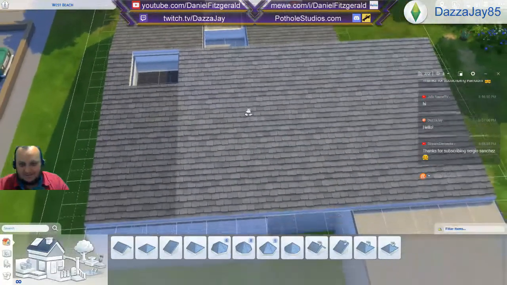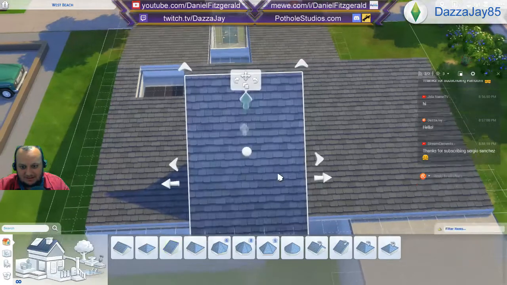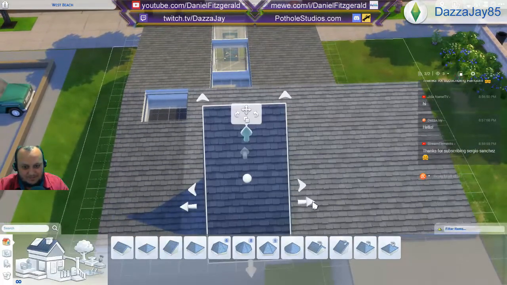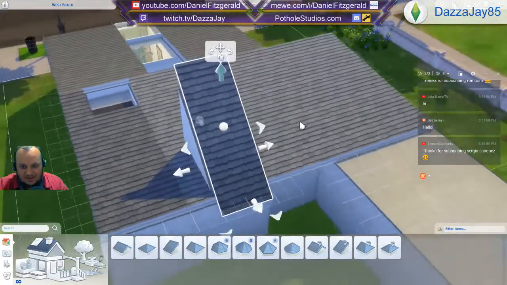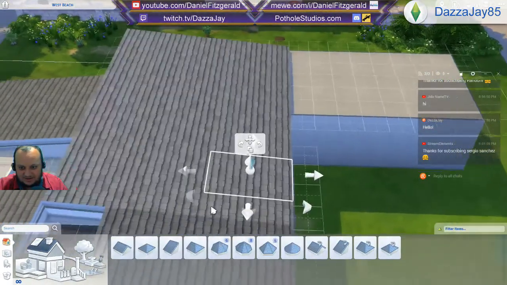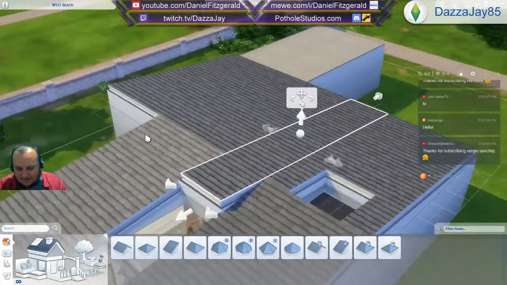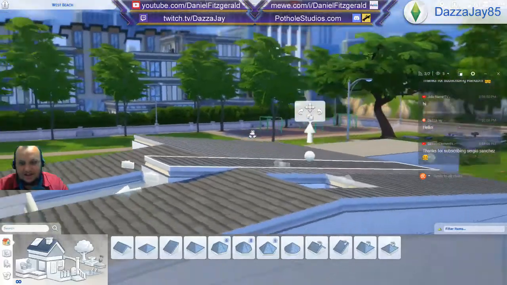So instead of having the roof meet at a straight level, I'm actually going to have to plonk another one in and have it stick out at one end just to make it so it meets sort of straightish. Like that. Just to fill the gap because...